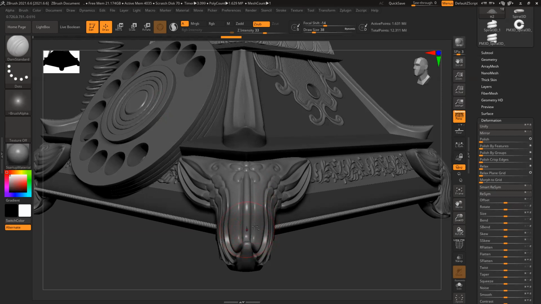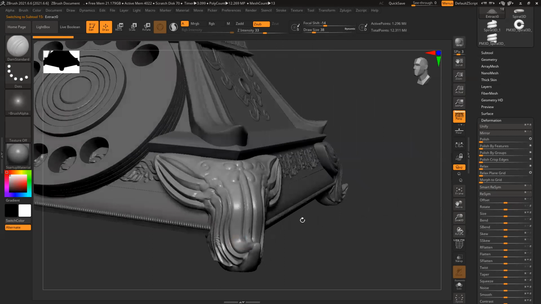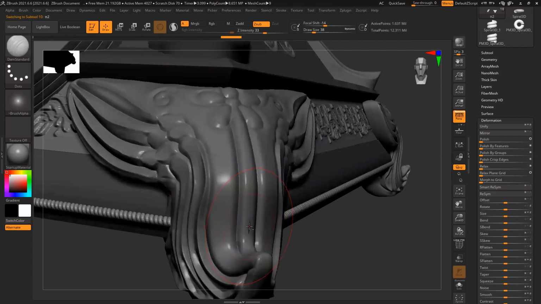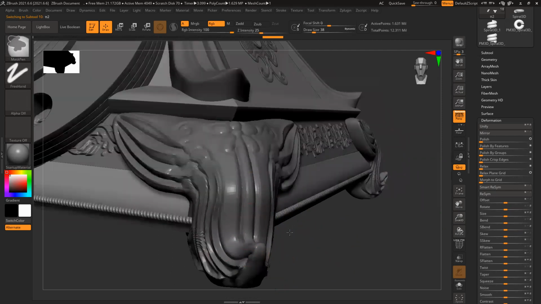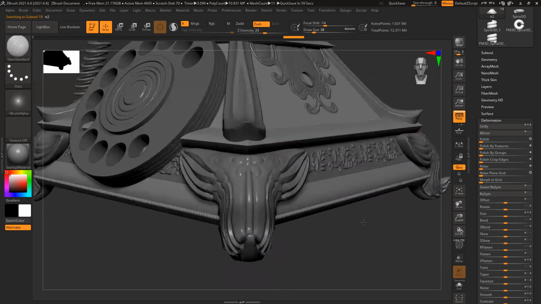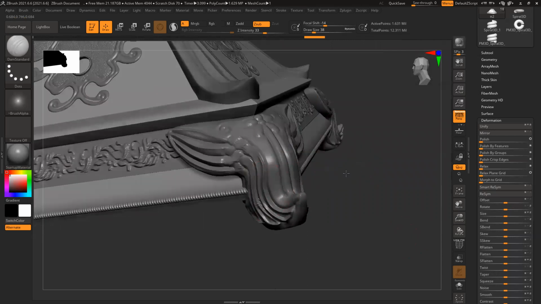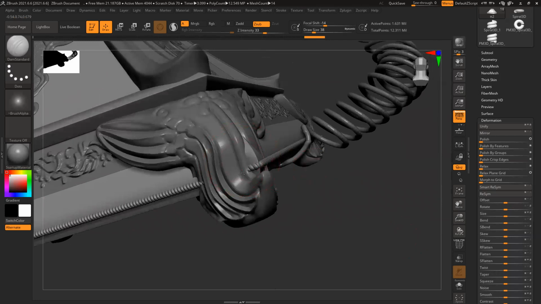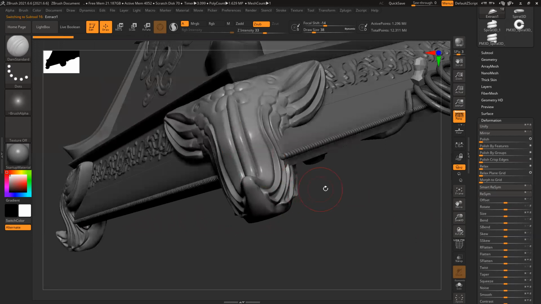So that corner is, what is this here? Placement of this one is not correct.